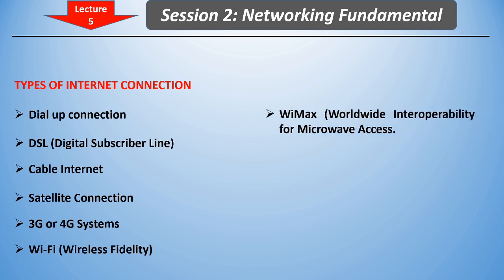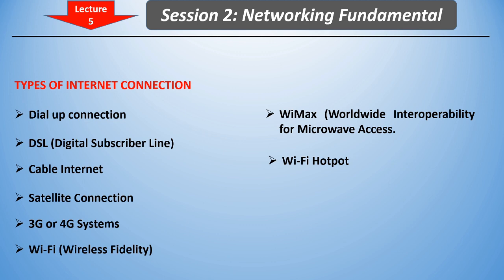Next is WiMAX. WiMAX stands for Worldwide Interoperability for Microwave Access. It is a type of wireless system that allows us to access the internet, while Wi-Fi is available only up to a distance of around 100 feet from the router. WiMAX operates over a much larger area, covering a radius of around 50 km from the base transmitting station. The speed of a WiMAX connection is around 70 megabits per second, whereas the maximum Wi-Fi speed is around 54 megabits per second.